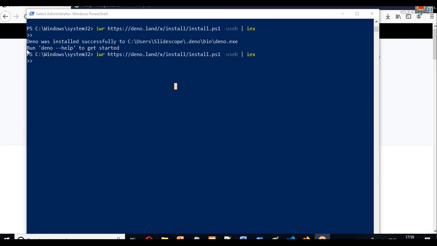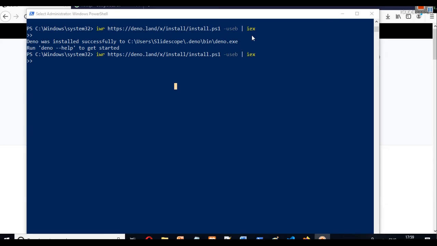Run deno --help to get started. By typing this particular URL, you can install Deno. It will take two or three minutes maybe, depending upon your computer.